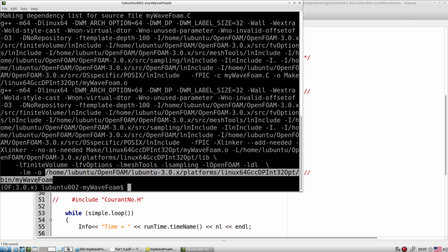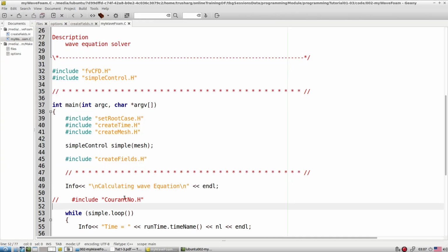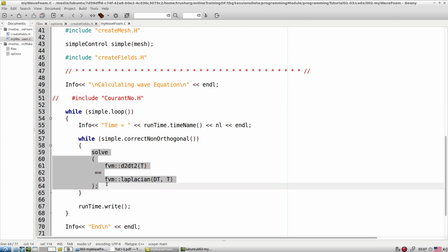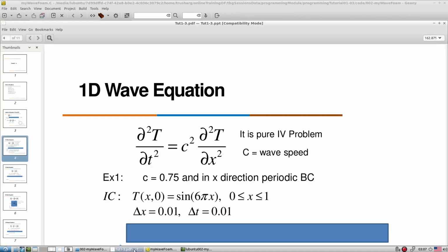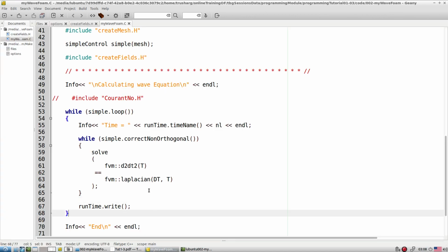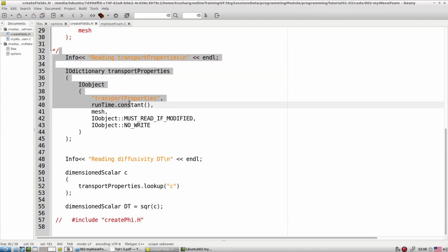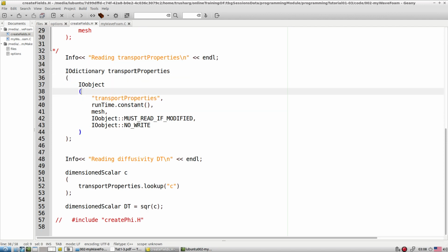Okay, so we managed to create the solver for the wave equation, and it is a very simple solver where we have two terms only, the d2 dt2 term, as well as the del square T del x2 term, and we read the c from the transport property. Whatever we are going to read is supposed to be specified inside the transport property file.